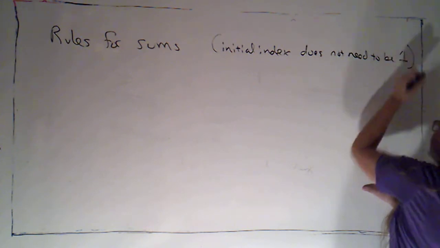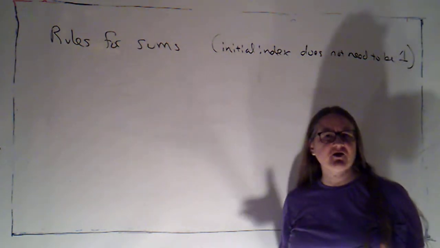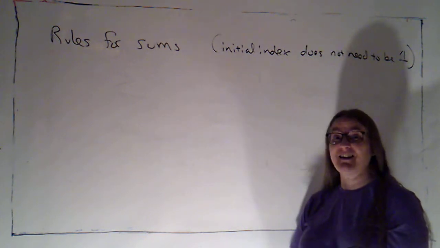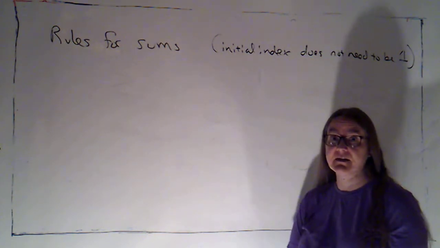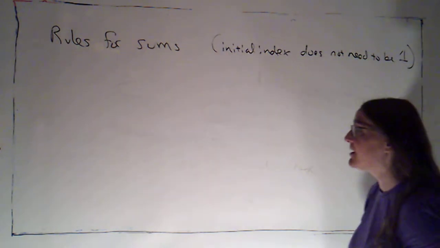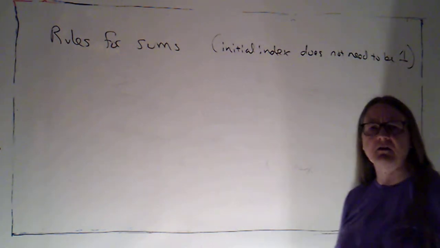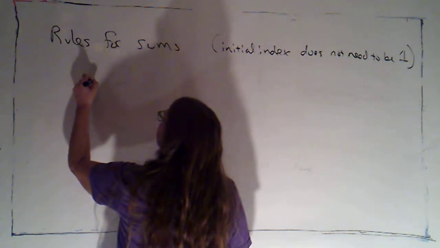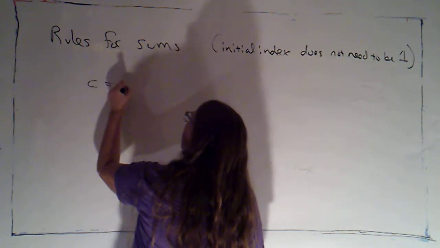So as I state the rules, I'm going to make the initial index 1 just because I have to write something, and because that's always going to be the initial index for our Riemann sums. But the rules are true even if the initial index is a different number, and when we look at examples, I'll often use a different starting index. Okay. So the first rule says if C is a constant,